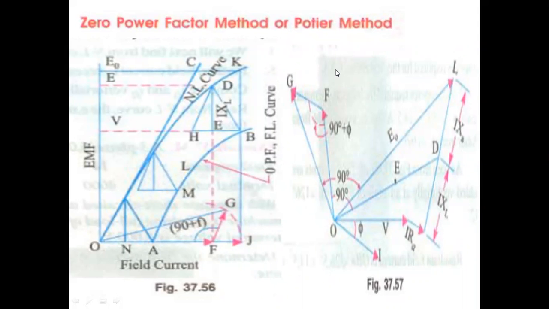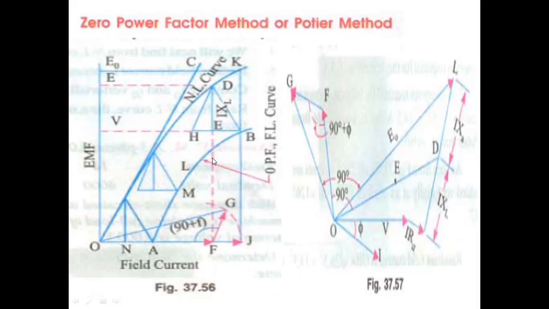Okay, so now if you see the figure, we are obtaining the zero power factor lagging curve. If you consider the zero power factor lagging curve, this is applied for a similar machine which is available and which is driven at no load. And second one, by loading the alternator with pure reactors, and third one, by connecting the alternator to a three-phase line with ammeters and wattmeters inserted for measuring the current and power.